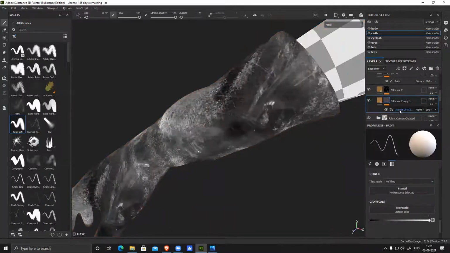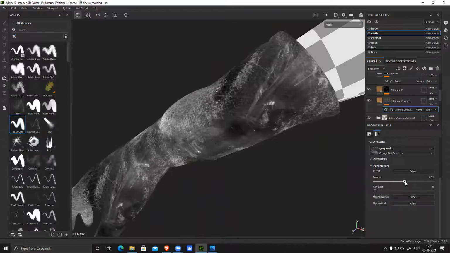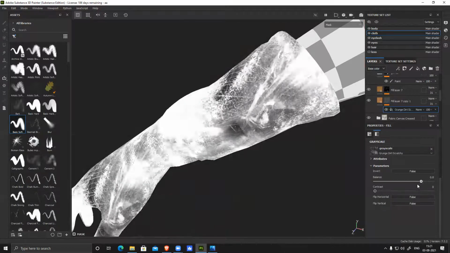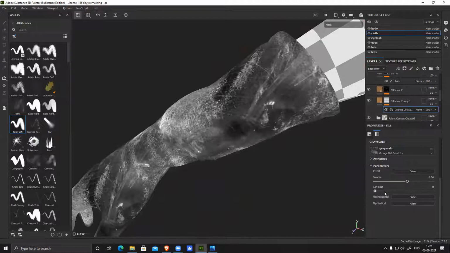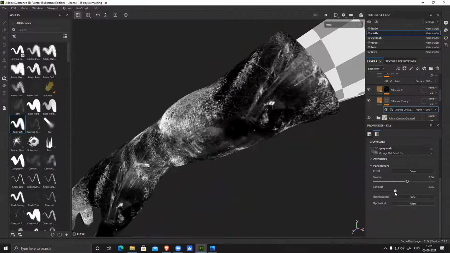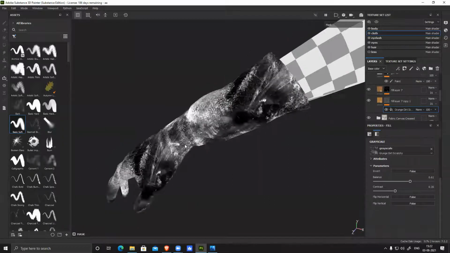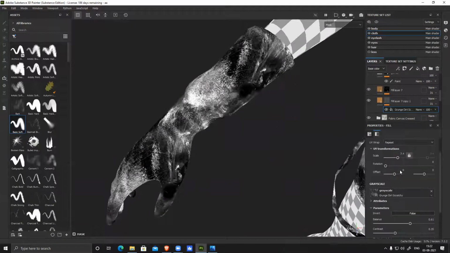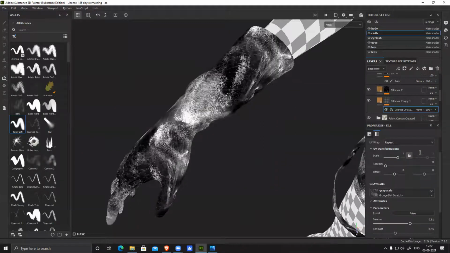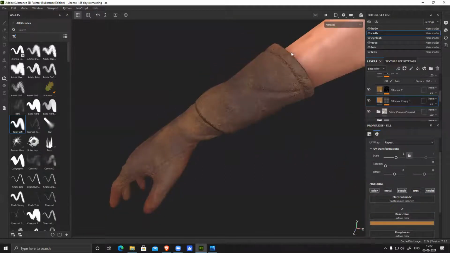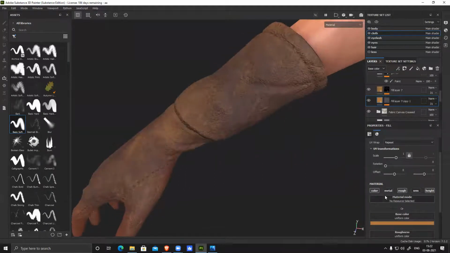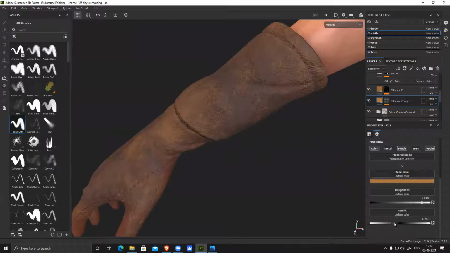And contrast I can increase. Scratches, and since it's very strong, I need to reduce it.